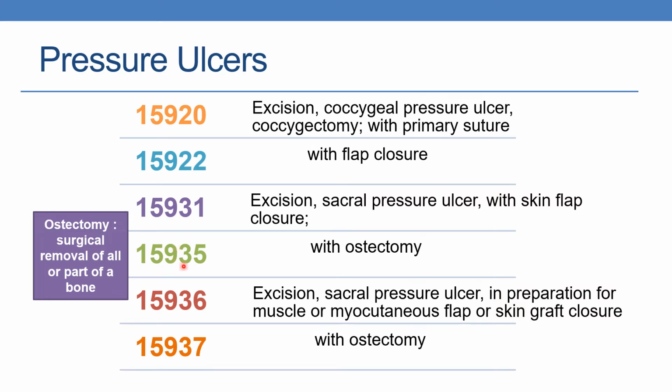The next is 15935, excision sacral pressure ulcer with skin flap closure with osteectomy. Osteectomy is surgical removal of all or part of a bone. The next is 15936, excision sacral pressure ulcer in preparation for muscle or myocutaneous flap or skin graft closure. The next is 15937, excision sacral pressure ulcer in preparation for muscle or myocutaneous flap or skin graft closure with